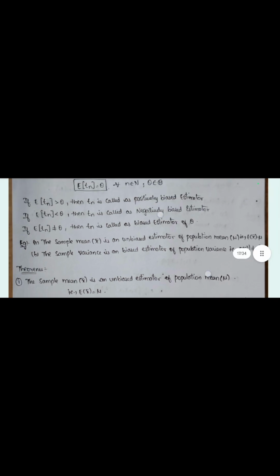Just now we did that. Let's see one example over here. The sample mean x bar is an unbiased estimator of the population mean mu. That is, expected value of x bar equals mu. The sample variance is a biased estimator of the population variance: expected value of s square is not equal to sigma square. Like that we are having. Next,